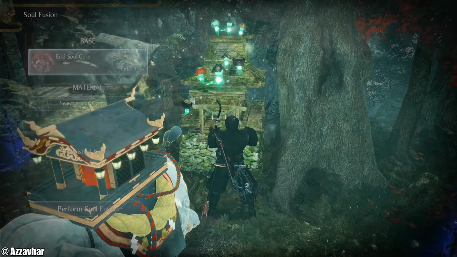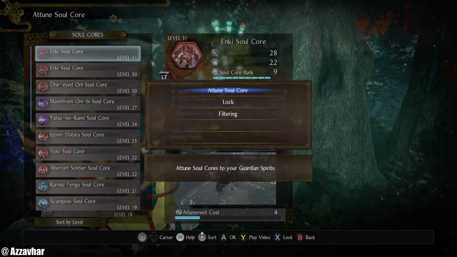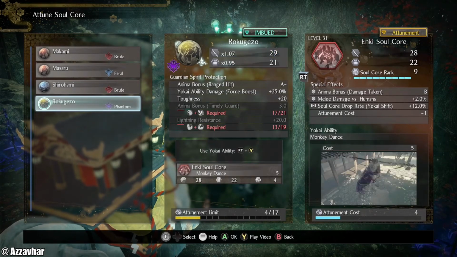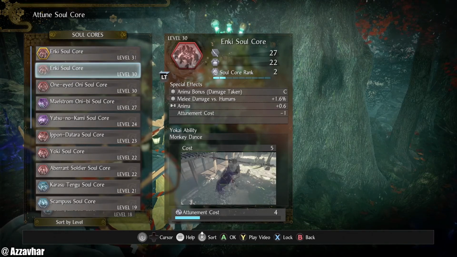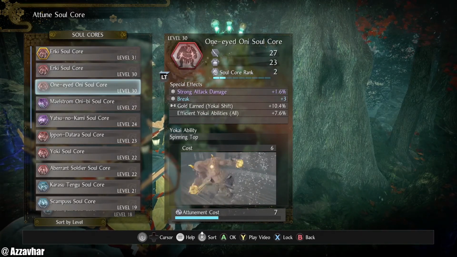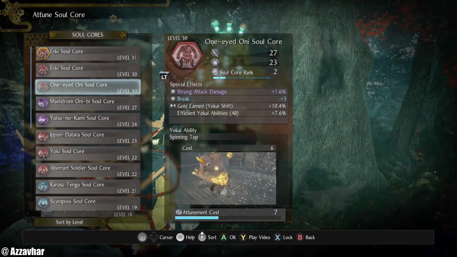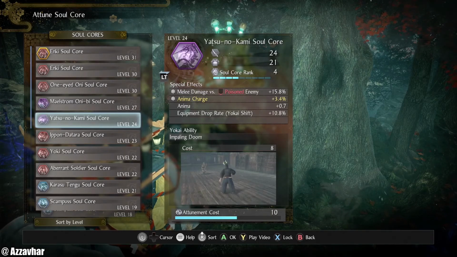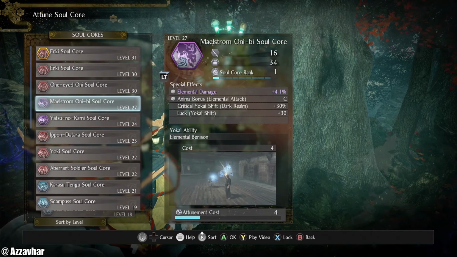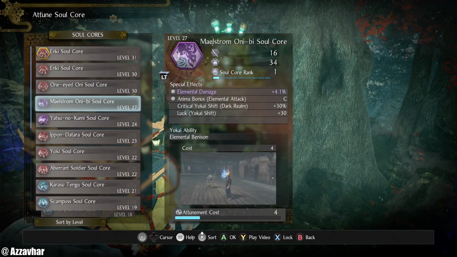Like so. So you can do that with all your cores. For now, I'm just going to stay with that. That's fine. Just going to pop Enki into right trigger and X, and then attune something else into the other one. It is worth mentioning that these also have special effects. Each of the soul cores has effects as well as the actual skill being different for each yokai that you equip, of course. I'm going to go for...